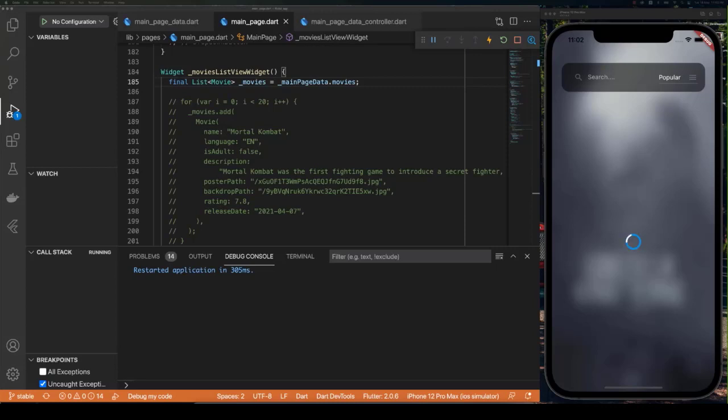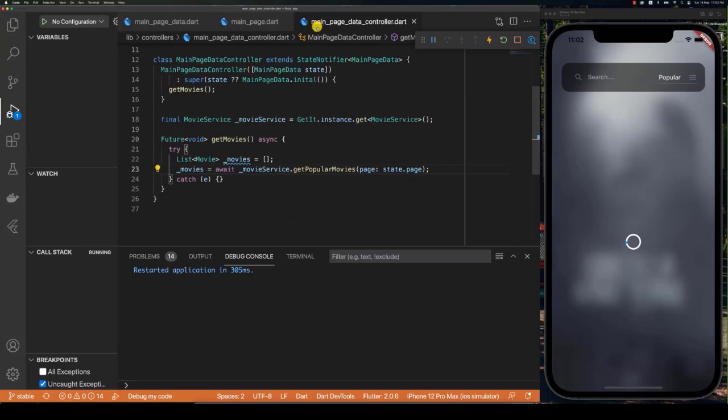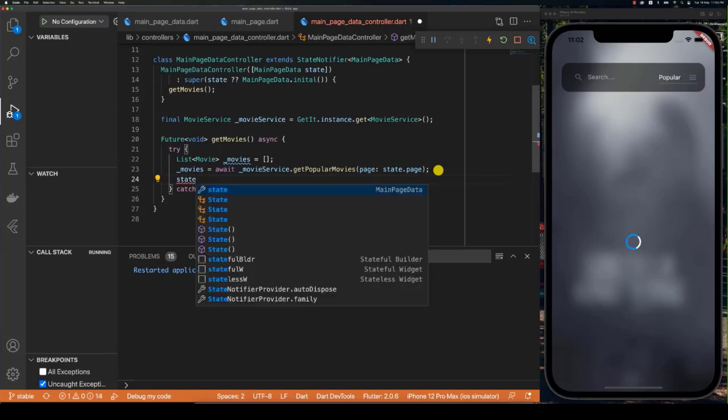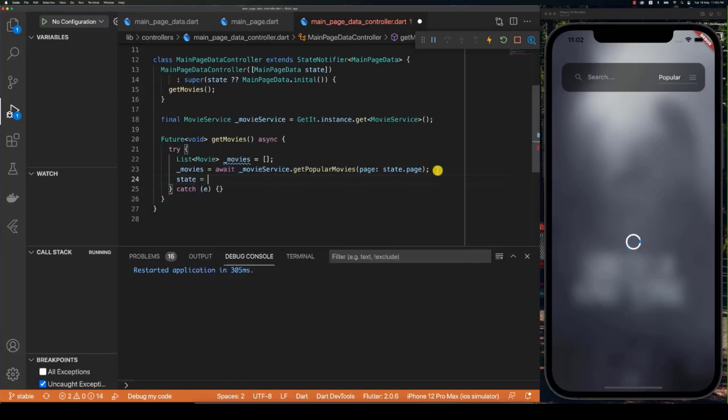And a lot of people would be like, how? And that is because if you go to our get movies function, you're going to see that it just returns a void future. So if this function doesn't return movies, how do we take the movies and do something with them? Well, what we're actually going to be doing is updating the state inside of our class. So inside of our state notifier, we're going to be updating the state. And what we're going to be updating the state to, well, we're just going to take the state that we have,